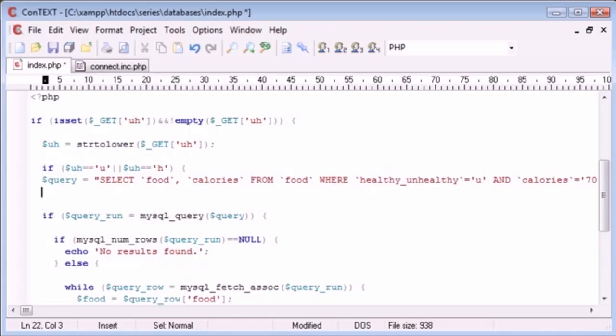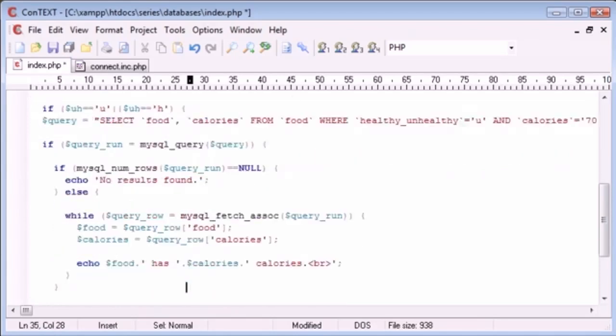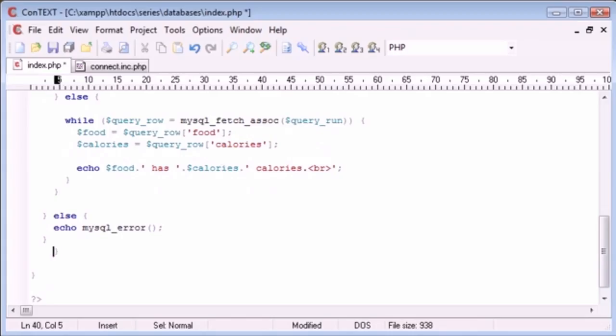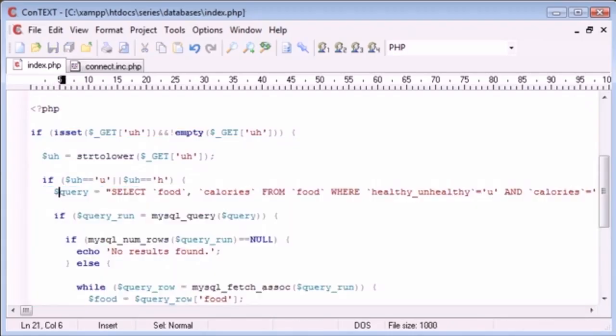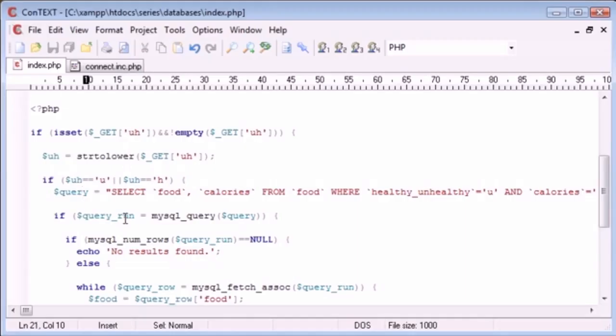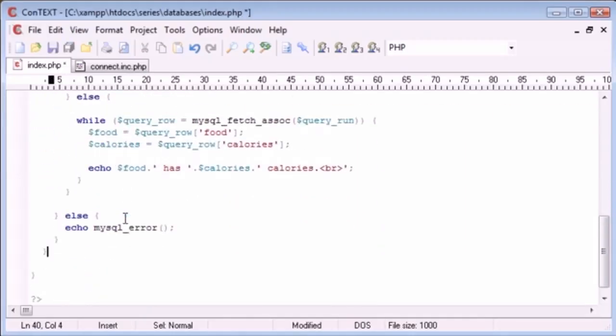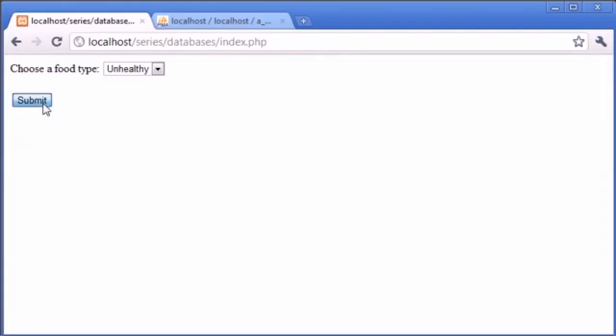we can run all of this code here, so down to there. And now let's indent everything again so we can view it properly. So if the submitted variable, which is here, is equal to a u or an h, perform the query. Let's just test by putting in else, must be u or h. So let's refresh to here. So if we select healthy, right,